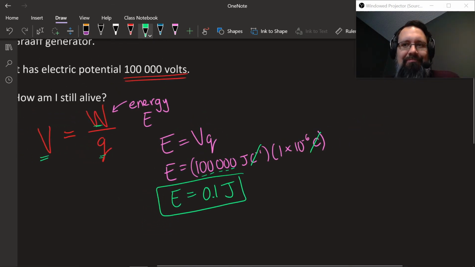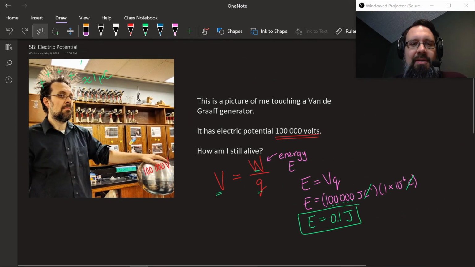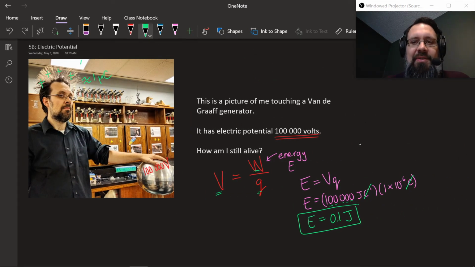Like, that's not enough to do anything. I mean, it'll spark. You'll see it zap you, but it is not enough energy to kill you. So why didn't the Van der Graaff generator kill me? Because it was a high voltage. Like, this is a really, really high voltage, but it was